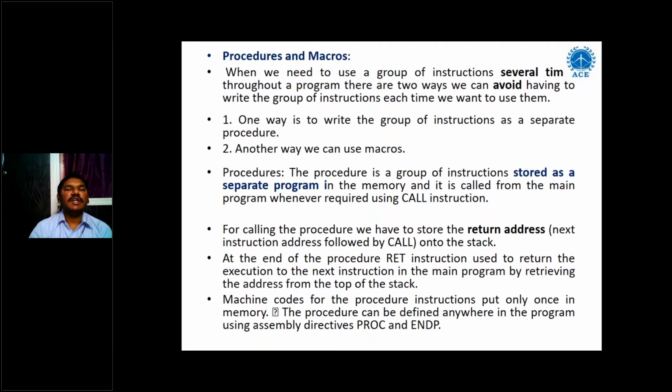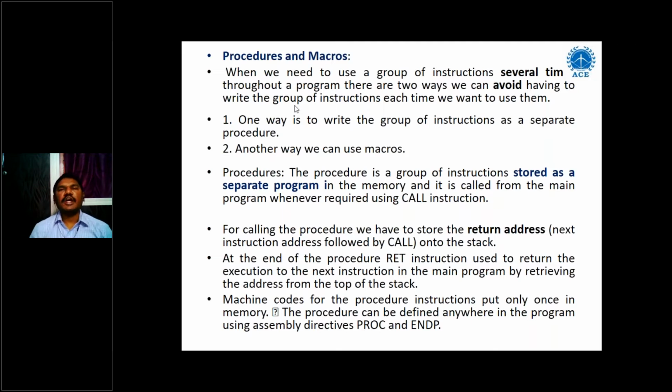Next, procedures and macros. Sometimes short notes on procedures and macros are asked in the examination. What is meant by a procedure? When we need to use a group of instructions several times throughout a program, there are two ways we can avoid having to write the group of instructions each time we want to use them.